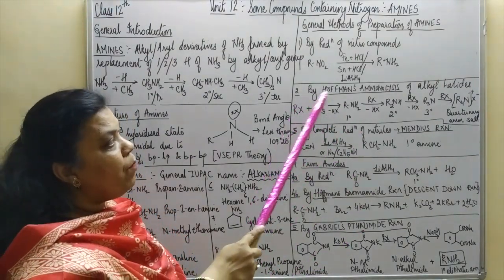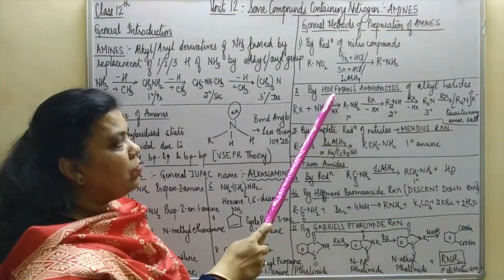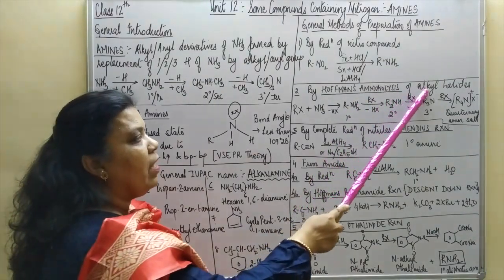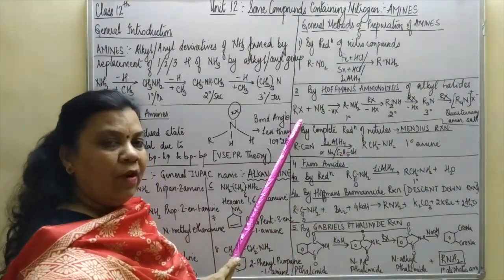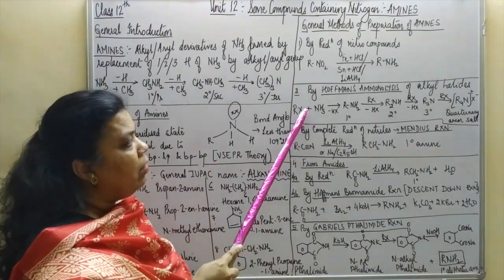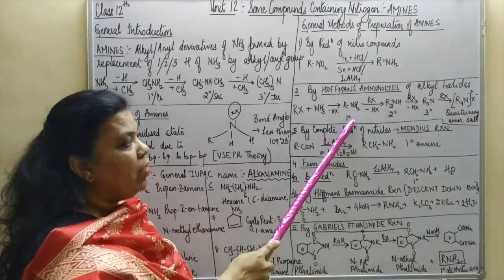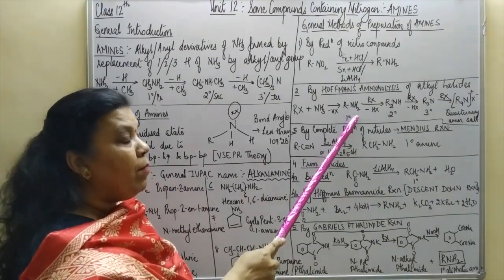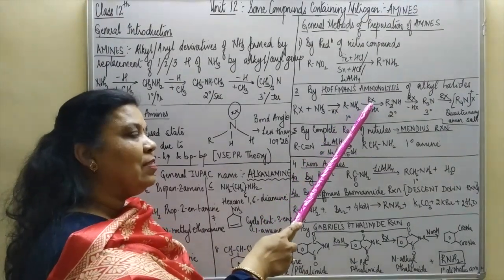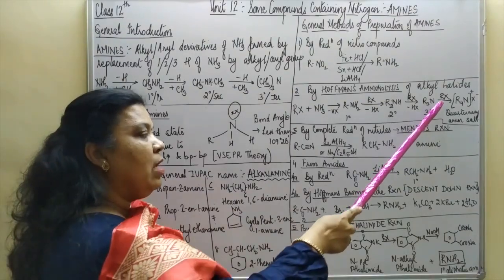Next is the very important reaction which we have already studied in the previous chapter also, haloalkanes and haloarenes, Hofmann's ammonolysis of alkyl halide. Now when you treat any alkyl halide with ammonia, then one HX will be lost and it will form RNH2, that is 1 degree amine. Remember, the reaction does not stop here. Further, it may react with excess of alkyl halide to form a 2 degree amine, further 3 degree amine, and